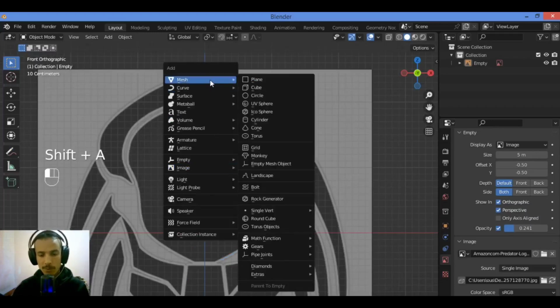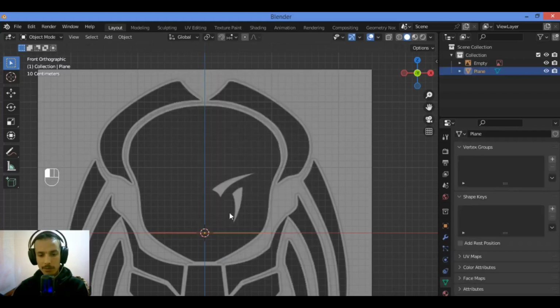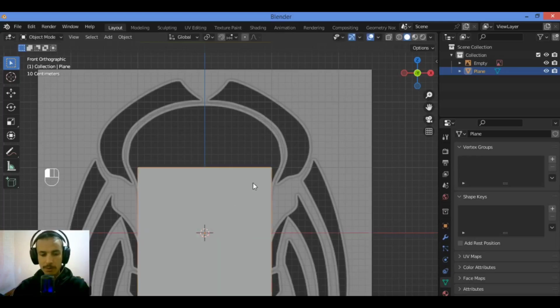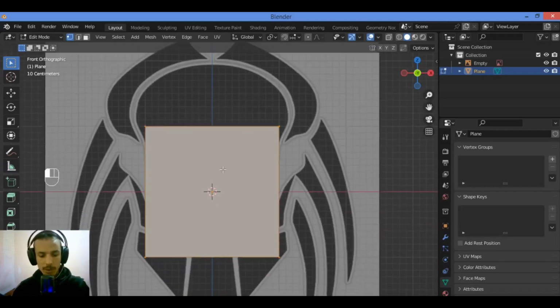First things first, I'm going to be adding a plane just like this, and hit R and rotate it on the x-axis by 90 degrees like this. Tab into edit mode as shown in our tutorial. Then